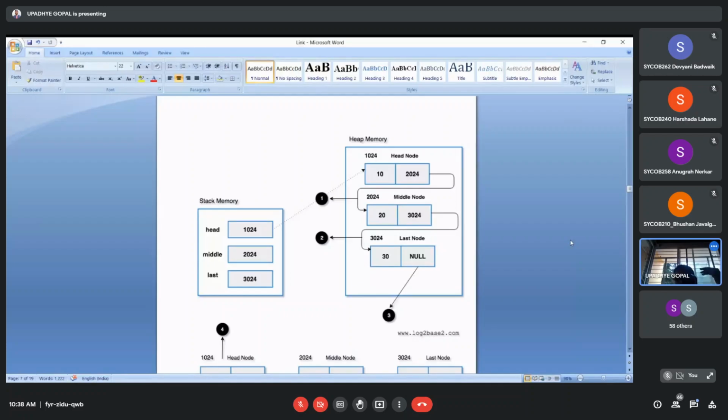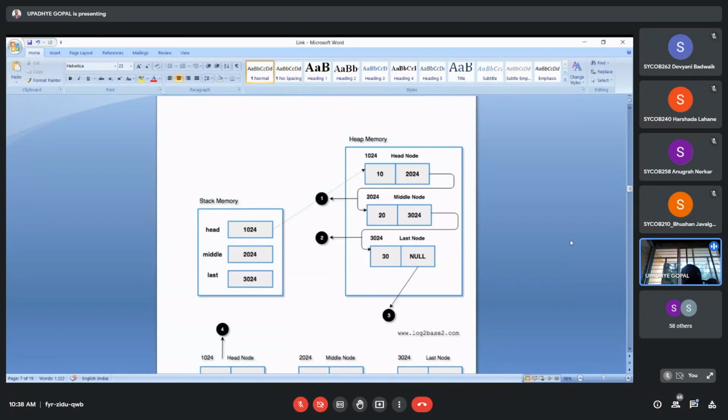Like this you can go to the third. We are keeping the last node on location 3024, and on that location the information 30 has to be inserted. That's why the memory address 3024 is kept in the second part of the middle node.